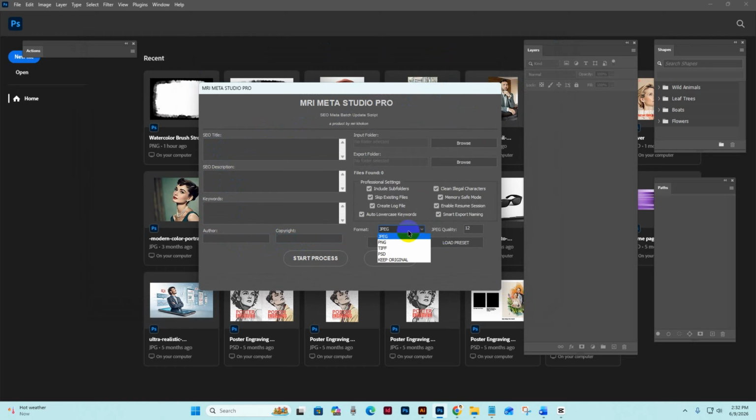And you can save in the formats JPG, PNG, TIFF, PSD, and keep original. There was an issue we have fixed: the tick mark is set automatically, and you can control JPG, and this is the input folder and output folder. Okay, so it saves your time and boosts your SEO, it supports your SEO, because in today's